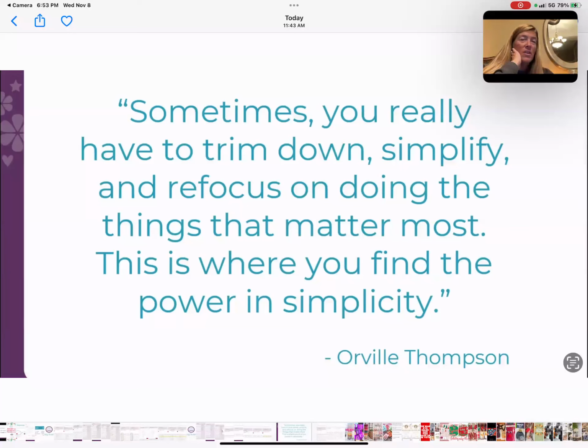And that's why I want you guys, if you understand how to use these reports effectively, I think you're going to find it's going to be so much simpler for your brain. And by saving these reports and building these saved reports, it's going to save you time. And it just becomes a habit that you start doing over and over and not having to rebuild it. So I really want you guys to learn how to simplify and refocus and do things that are going to matter most, not just to you personally and your personal team, but also to your business as well.